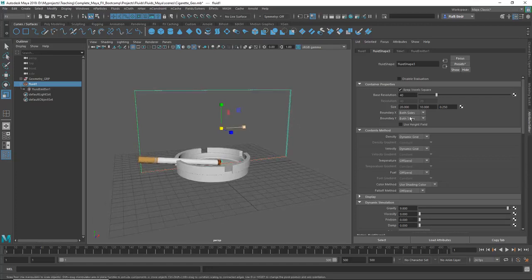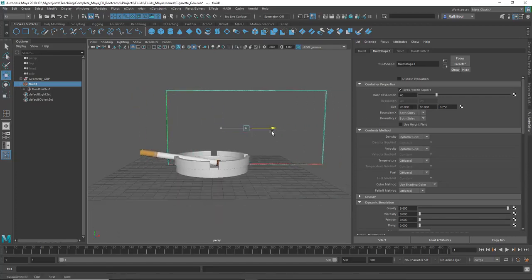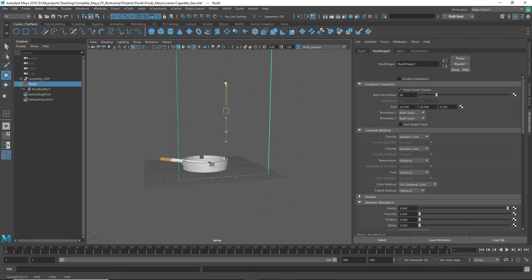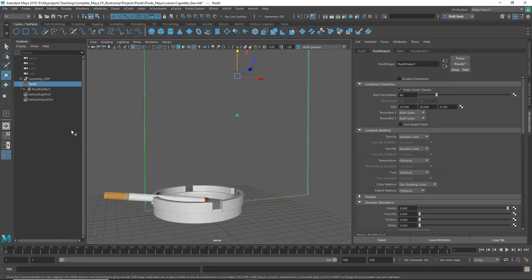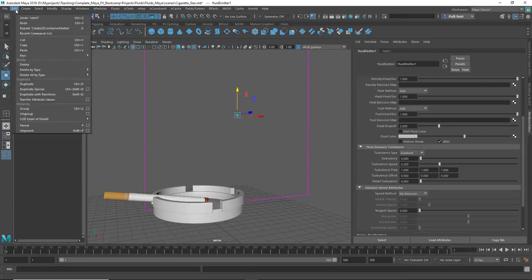So that's why I am scaling it from here. So let's move that somewhere here and scale it on Y about 30. And you'll notice now if I move that, and really this is annoying every time I need to change the emitter, so you just need to unparent that by selecting it, going to Edit and then Unparent,